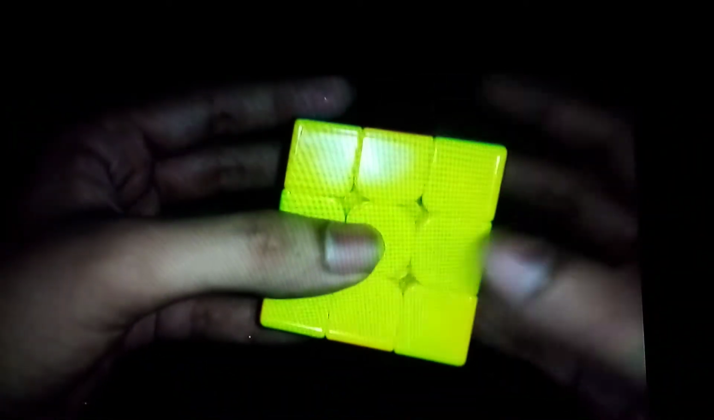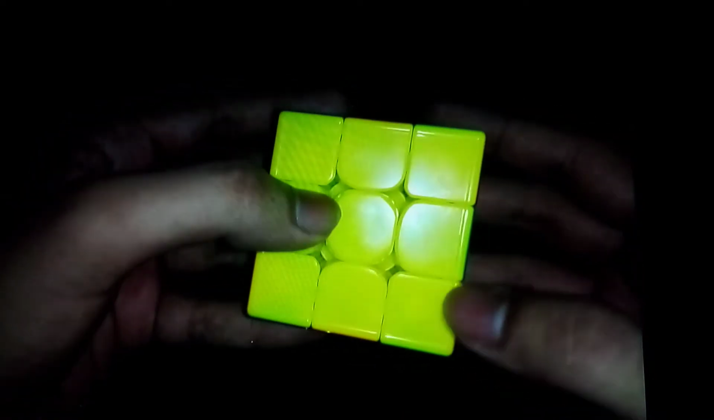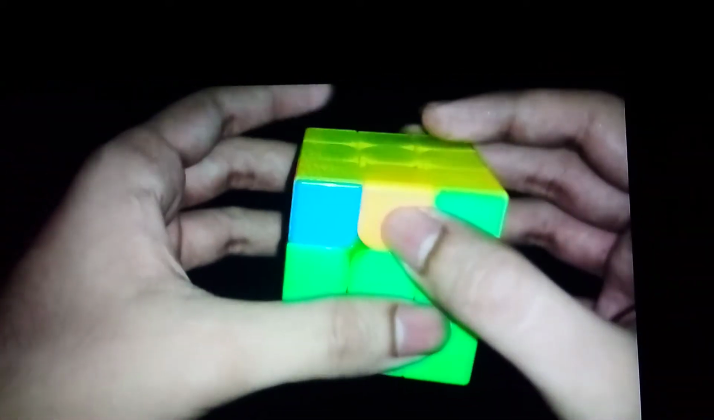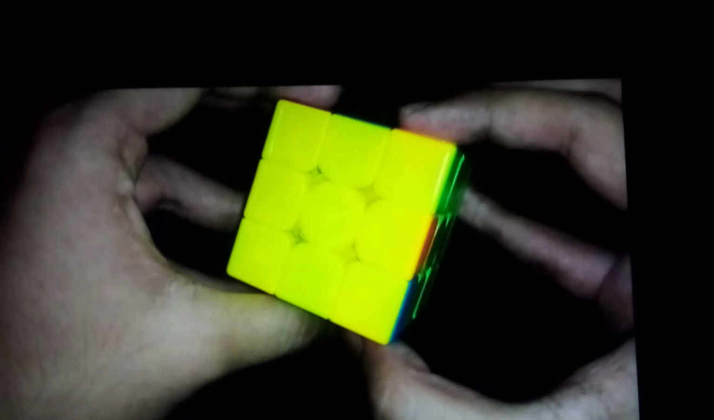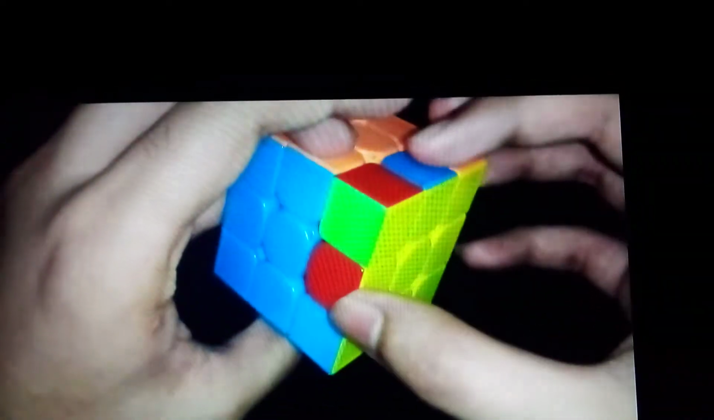bit tough. So I used to do the A perms and the U perms. But I saw this alg, which is I think really great for beginners, and you can try this as well. So how I'm doing it, have a look. You can see that this is orange, this is orange, this is orange. So if I place it like this, here it is also red, red, red,